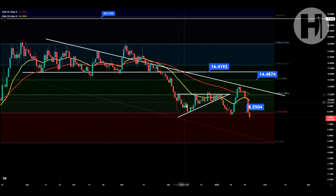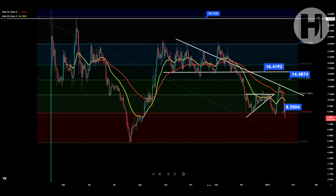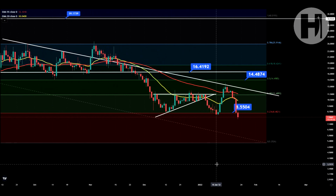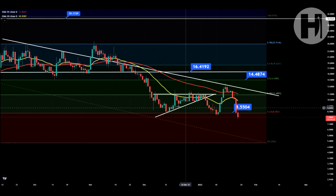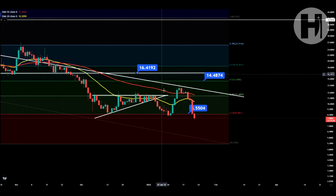From there, we dumped even harder to the 0.236 on the fib, and this fib was laid out a long time ago. So you had all these support levels if you followed the channel and the videos. And we were in this ascending triangle. We broke down from it, which is quite unusual because it is a bullish pattern, but we had a Bitcoin pullback. And then we had the nice little move to the upside over here,